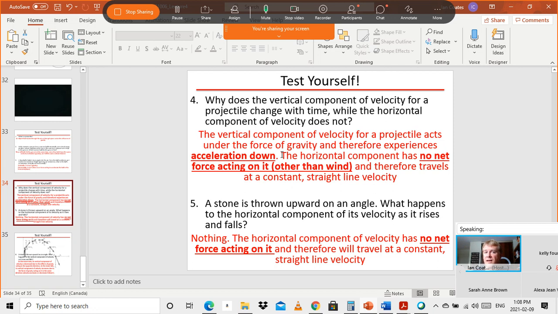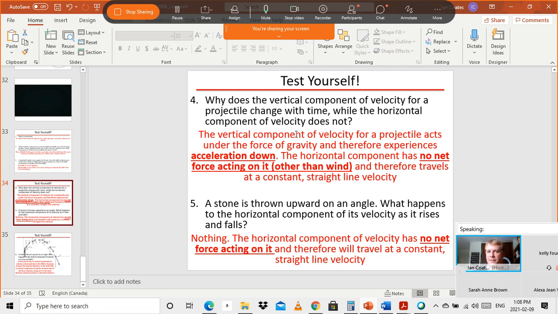straight line. And you can see now, hopefully you guys are at a point, and I know you are, that some of these words are starting to make sense. Like the horizontal component has no net force on it. And if there's no net force, there's no acceleration. But the vertical component has gravity on it, pushing it. So there's acceleration being exerted on this vertically, right from the get-go and all the way until Tim catches